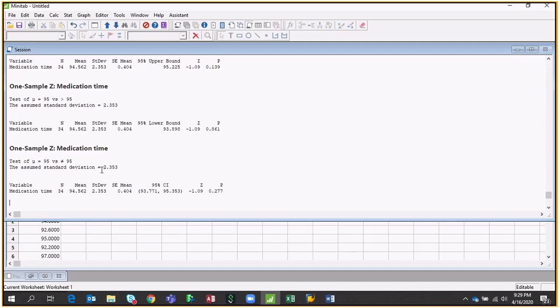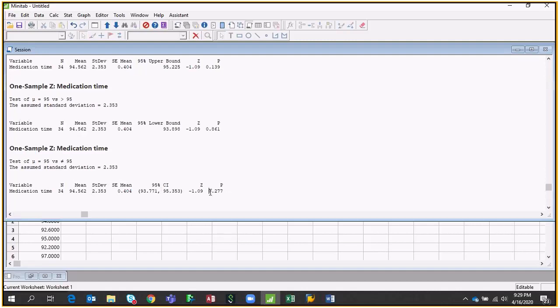There are two hypotheses. One is called null, another is the alternative hypothesis. The null hypothesis says this is equal to 95. The alternative hypothesis says this is not equal to 95. That's what we are checking. Now, if you see this confidence interval, it is from 93.77 something to 95.353. Can you tell me whether this 95 is coming between these two values? Obviously, yes, because this is 93.7 and this is 95.3, so obviously 95 will come between this. So if it is coming between this, it means it is right.